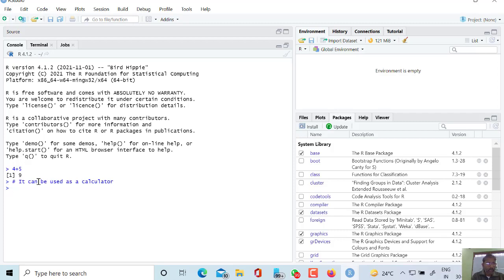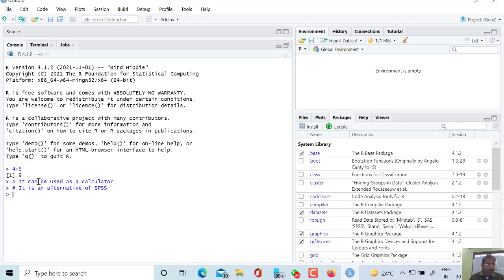The second is that it is an alternative to SPSS software. We know that SPSS is a very good tool for statistical computing. R can do everything which SPSS can do, but in a better and very easy manner. So it is an alternative to SPSS.